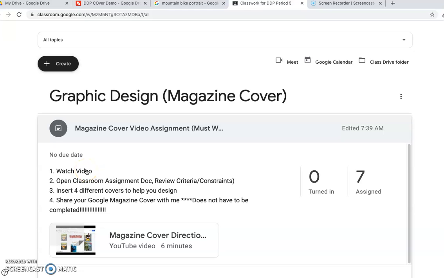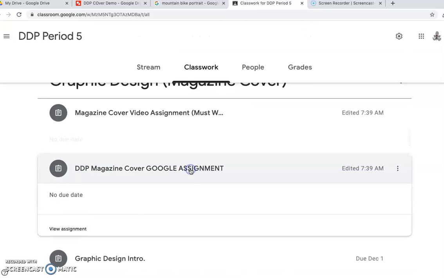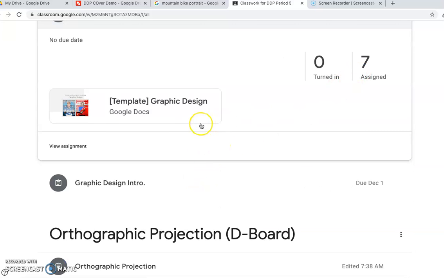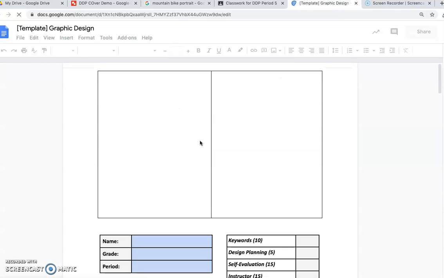One, you were supposed to go through the video. You're going to open the classroom assignment. Now, where do you find the classroom assignment? Well, if I go back to classwork here, right here: DDP, magazine cover, Google assignment. So if you need to find or access any information based on what you're supposed to do, and obviously this isn't done yet, you would open this up and you could go through and look at certain